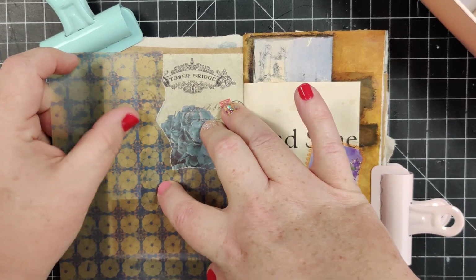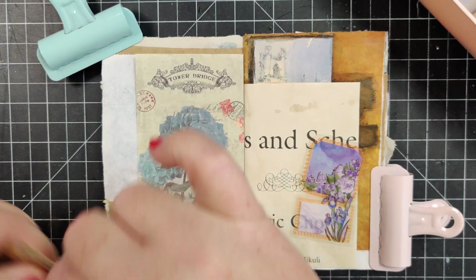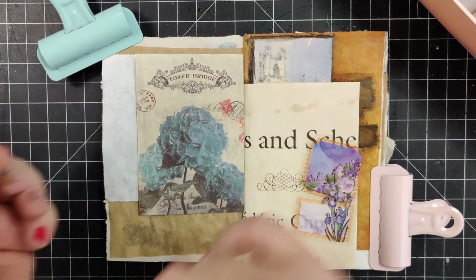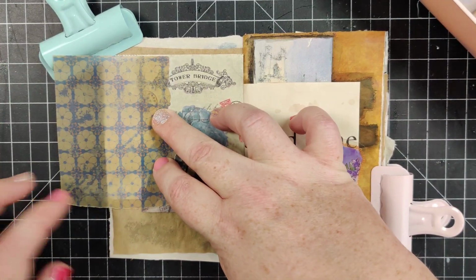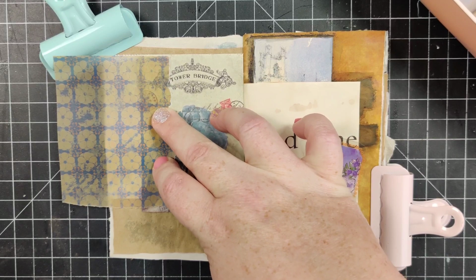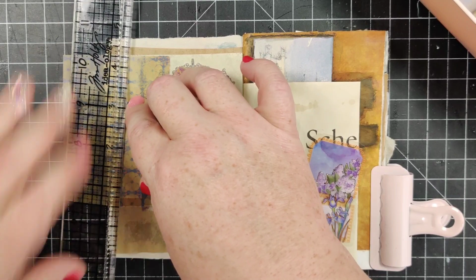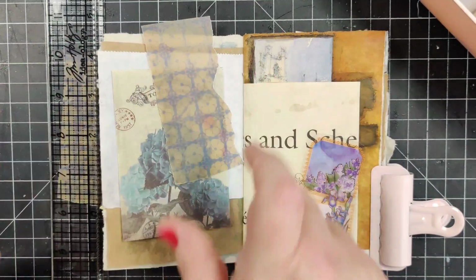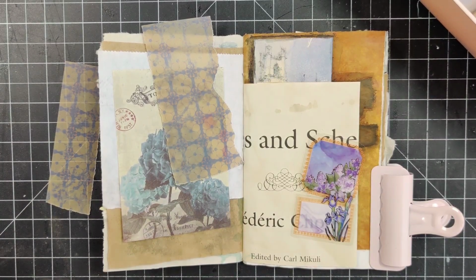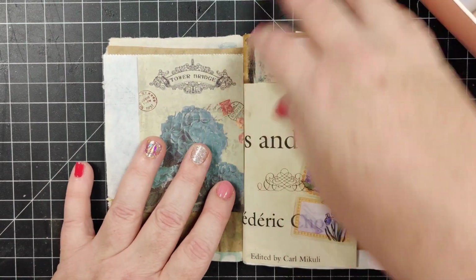So let's see. Let's do about there. And then we can cut it or rip it maybe. Let's see if it will cooperate with me or not. Right there. Okay, now I've made a whole bunch of extra little scraps for myself, but I'm liking where this is going. Okay, and then I want to